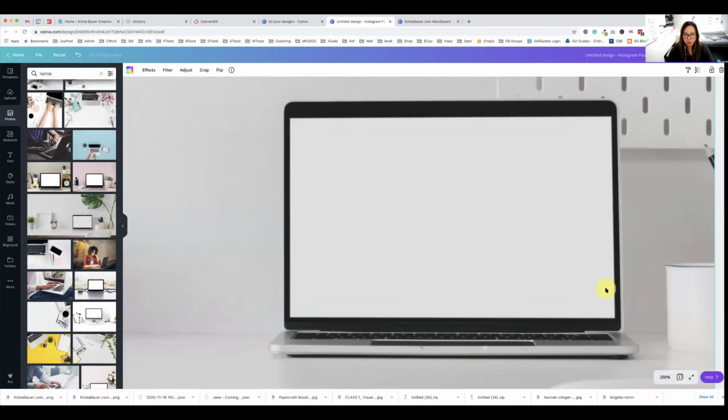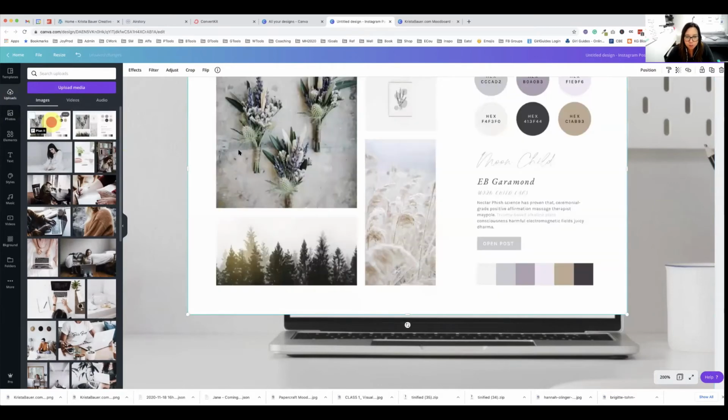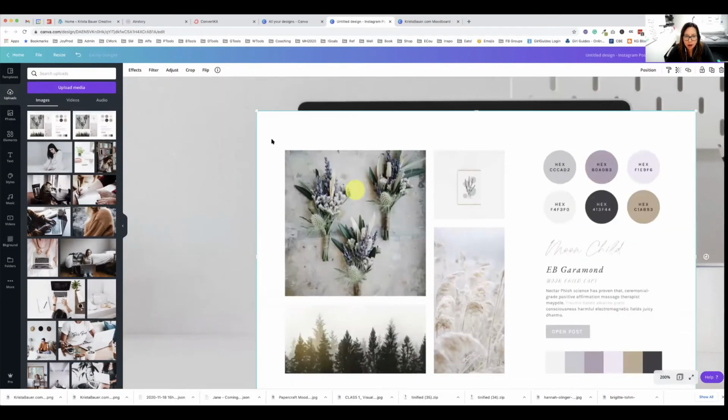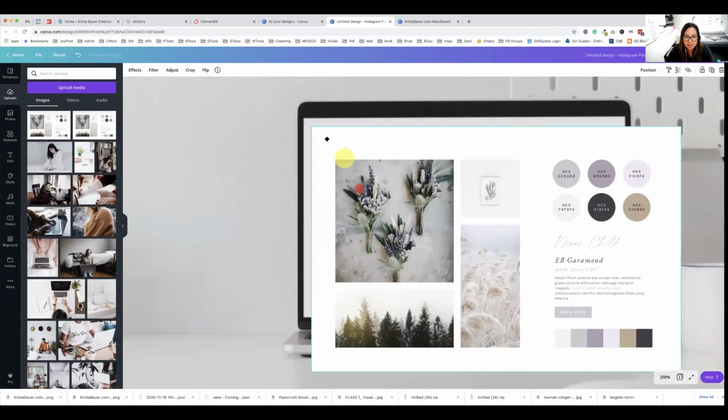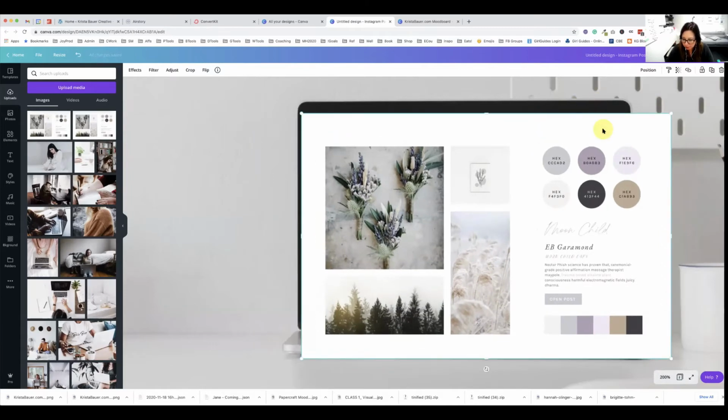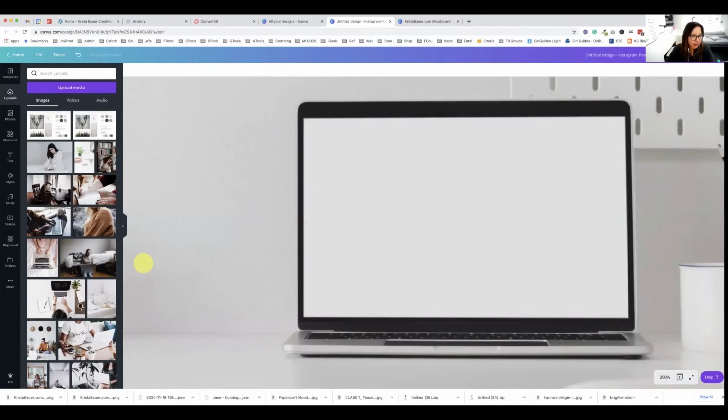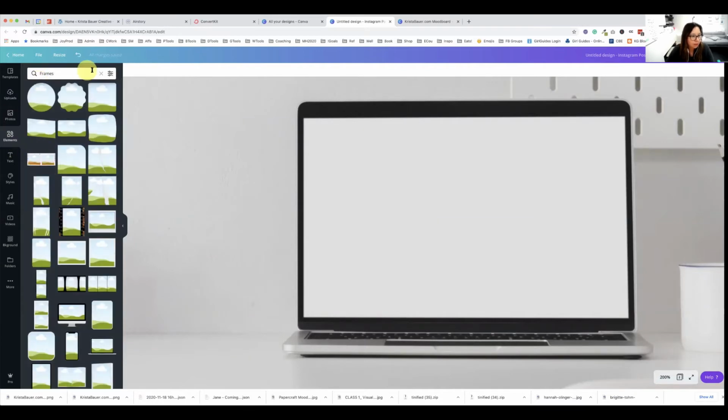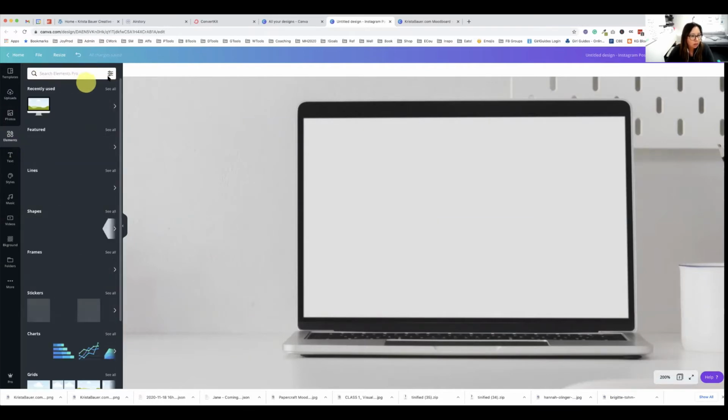So what I'm going to do here, there's a couple of ways. I could simply just bring my photo in and resize it so that it fits the laptop screen. You'll see what that looks like here in a second. But the option that I tend to recommend is clicking on Elements,